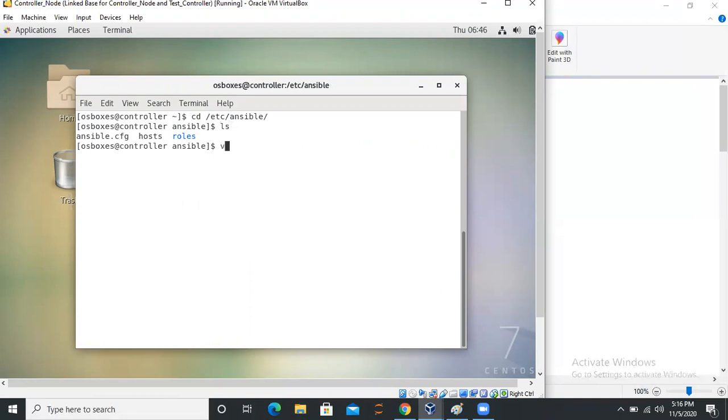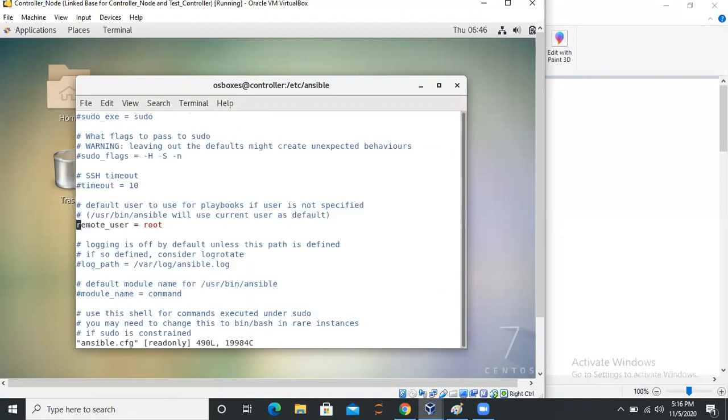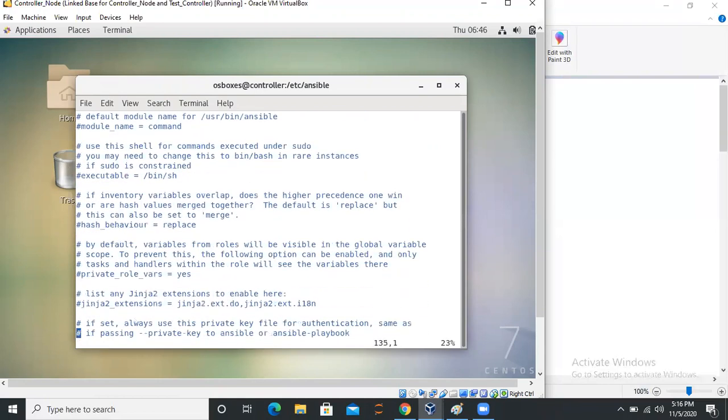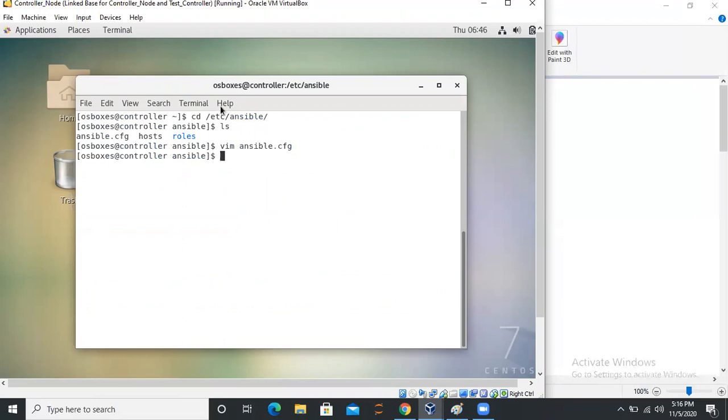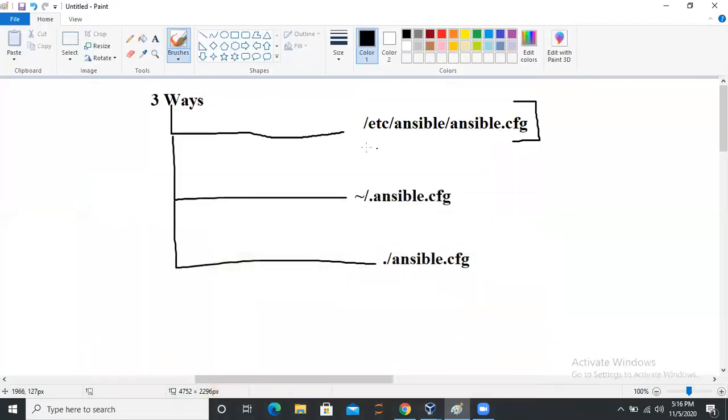This is the file. Okay. This is the main configuration file of Ansible. But this is the first place where you can configure. Although this is not recommended, I'll tell you why.